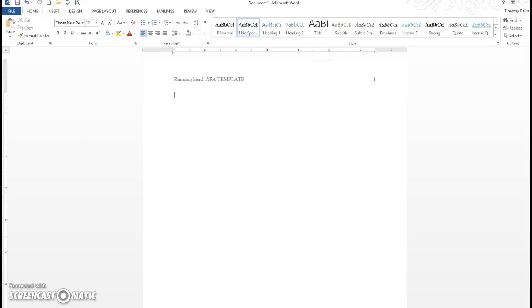If you see this ruler over here, this will guide you when you're setting your title on the title page. How do I know where to put the title? Well, you see this 2 here? That's where the title starts. So you want to center the cursor, and you want to move it all the way down to about the 2, and then we're going to type in our title,